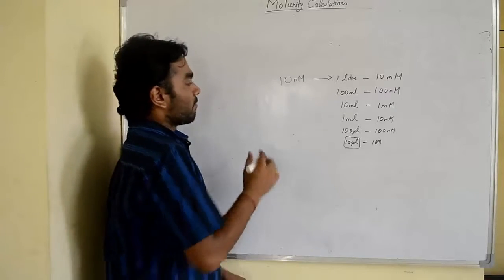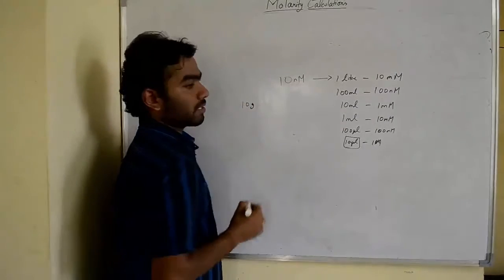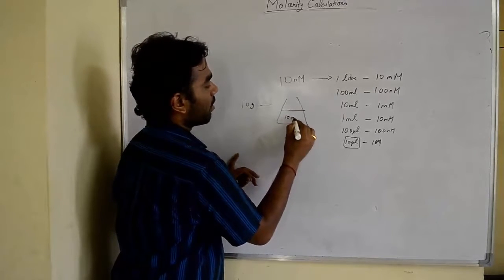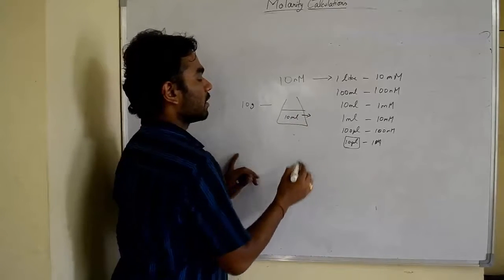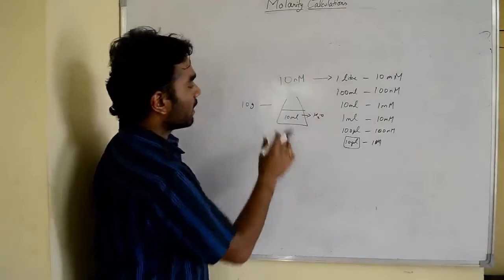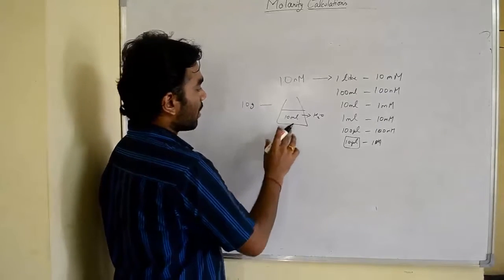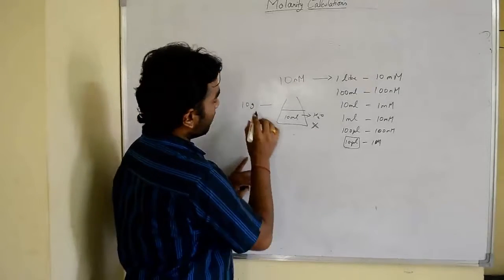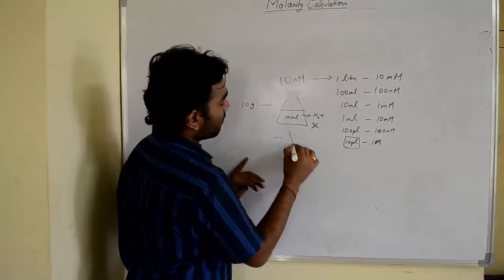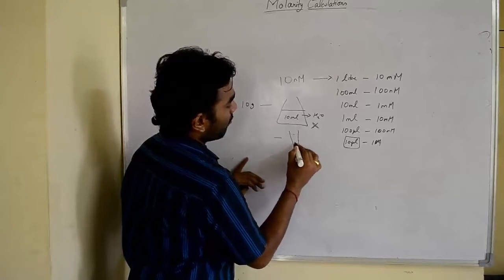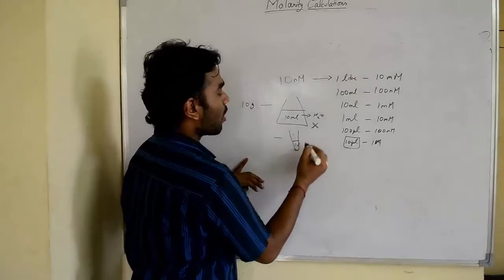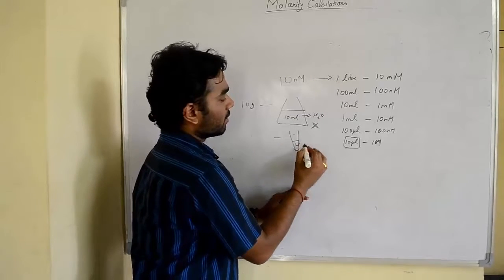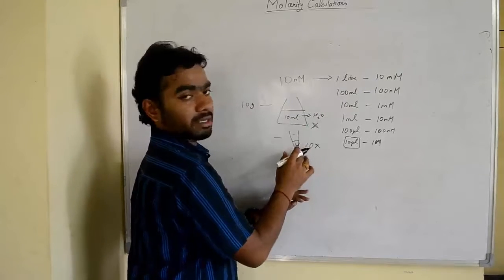Simple thing. I have 10 grams of salt. I added it in 10 ml of water. Here we get some X concentration. And if you take the same 10 grams and make it in 1 ml, then how much concentration would it be? You get more concentrated because you are adding less solvent. So it becomes 10 times higher than that.